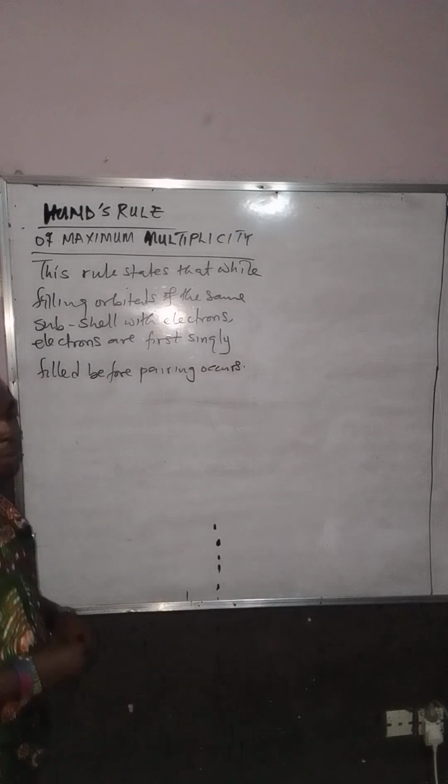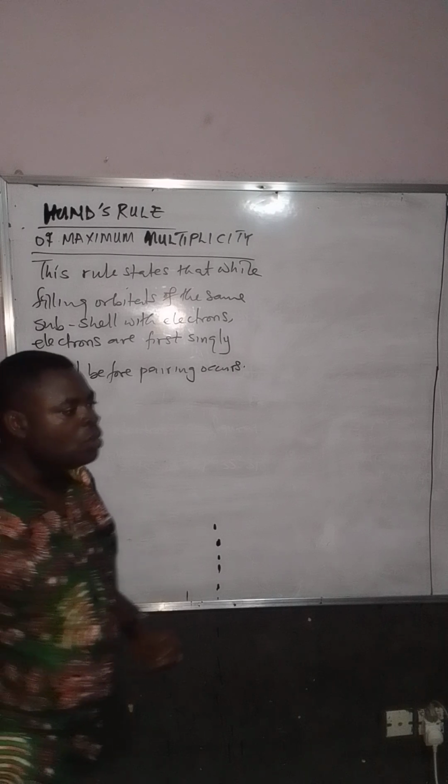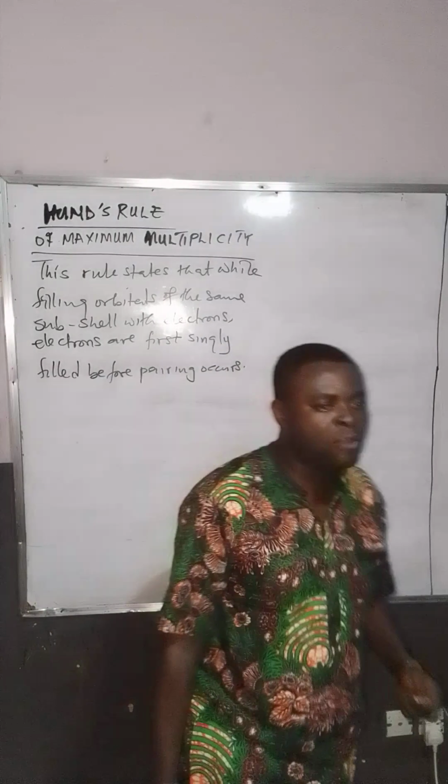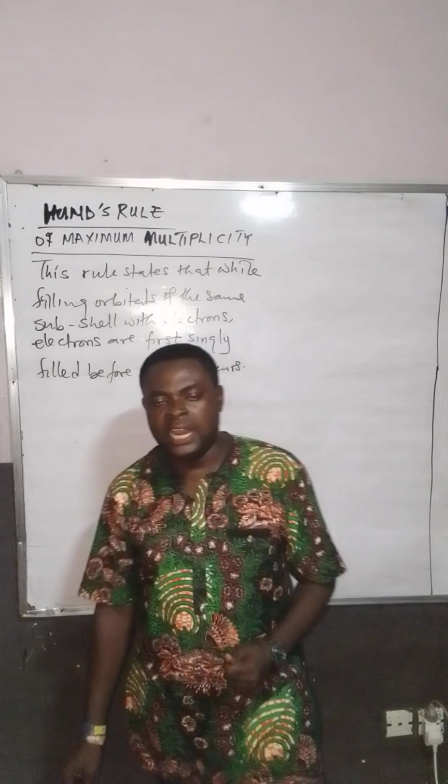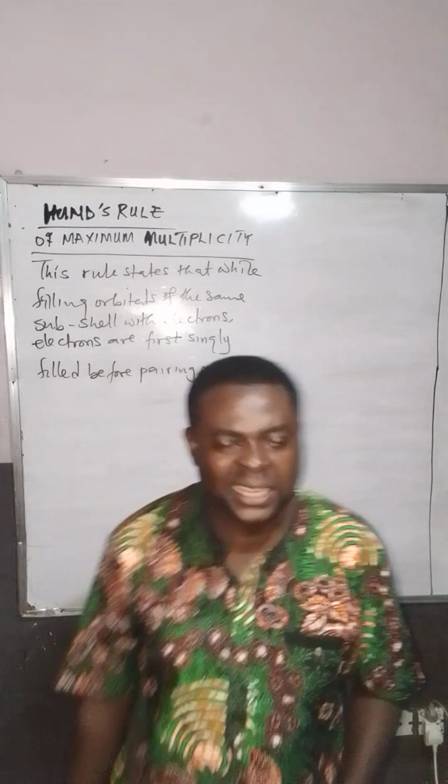Hund's rule of maximum multiplicity says that while filling orbitals of the same subshell with electrons, electrons are first singly